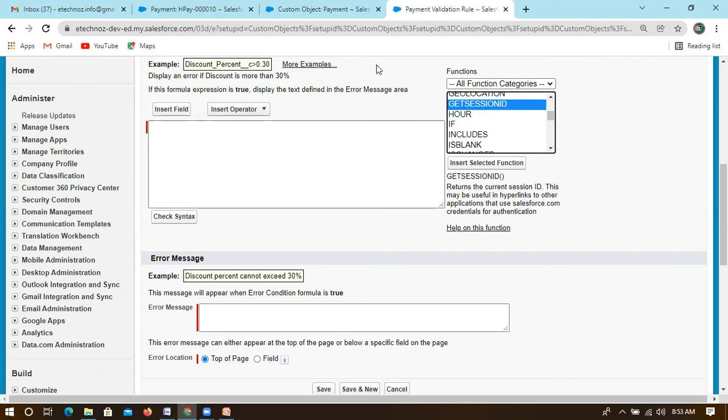We can also put some other option, which is always active only. That means it should always be logged in. And tomorrow, when I log in again, it is being logged out, right? That is because it is already defined at profile level, at system level. So which is the session ID, which actually returns the current session ID.